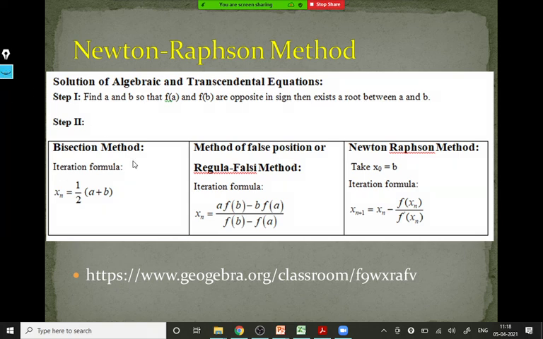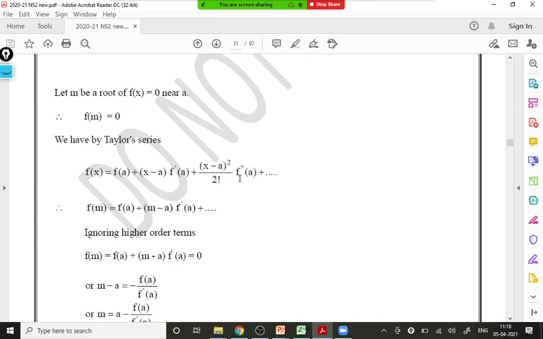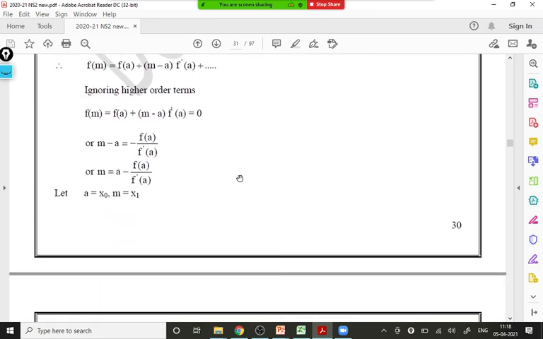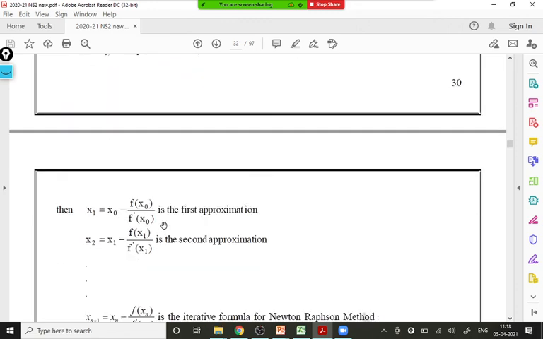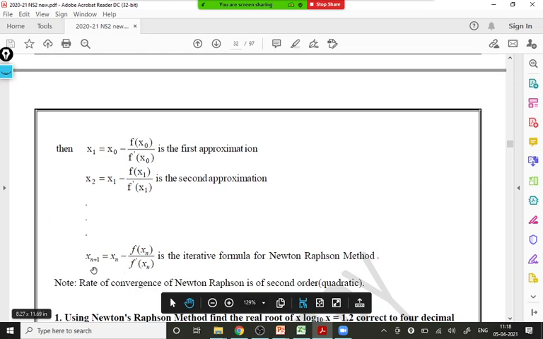and we'll come to know how it is. Actually, it is based on the Taylor series. The proof is based on Taylor series. The proof will not come in an exam. So you will observe that this formula is derived from the Taylor series. You probably learned Maclaurin and Taylor series in the last semester. That series is only used to get this root, to use that formula. So the formula is this one: xn plus 1 is xn minus f of xn upon f dash xn.